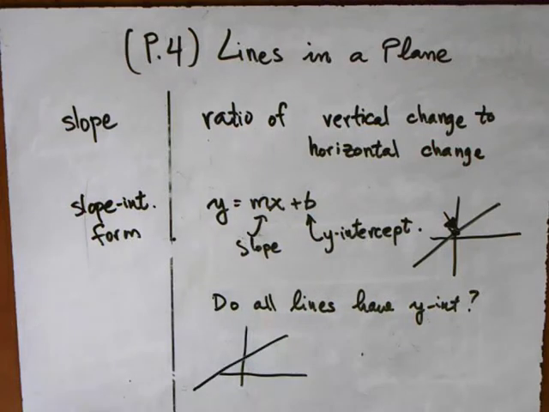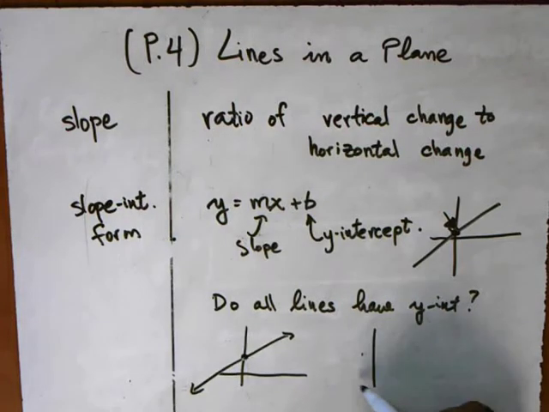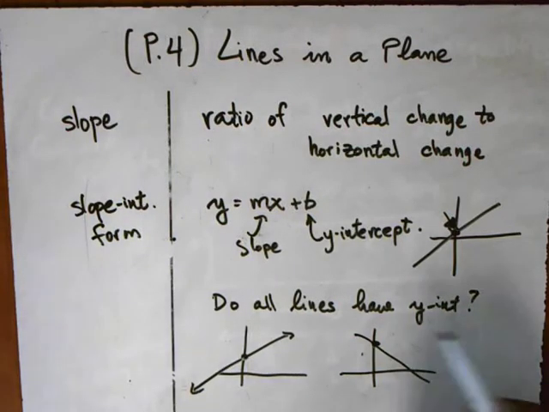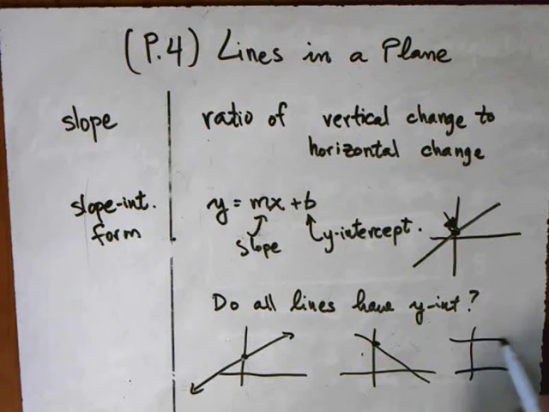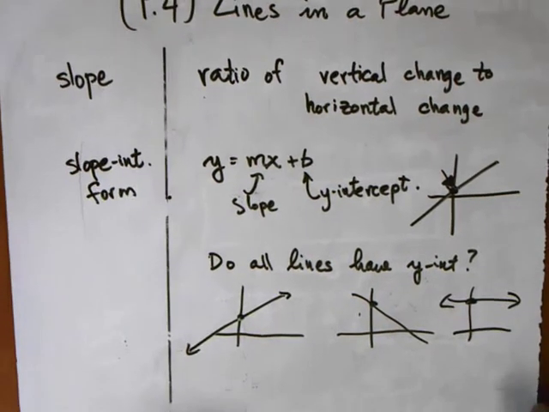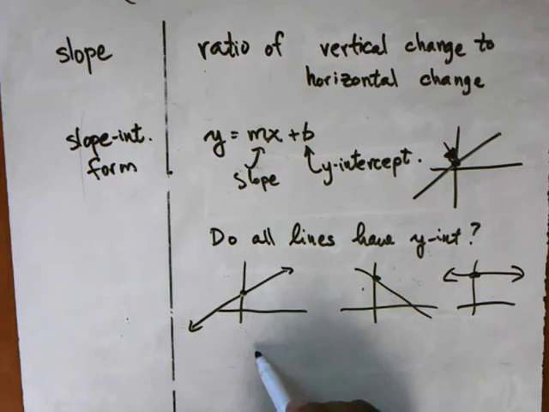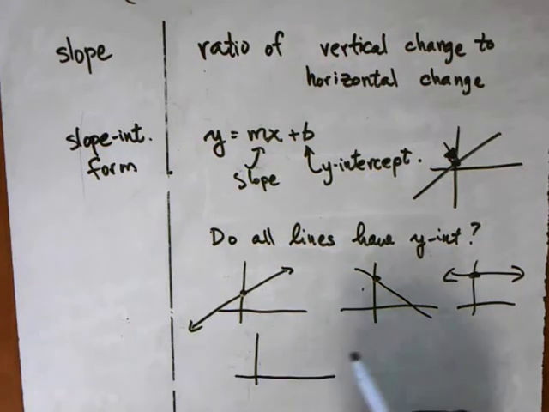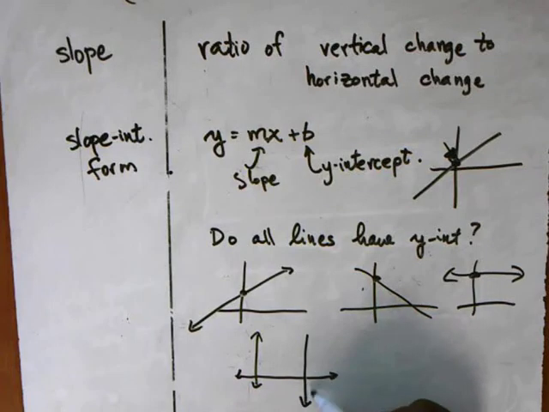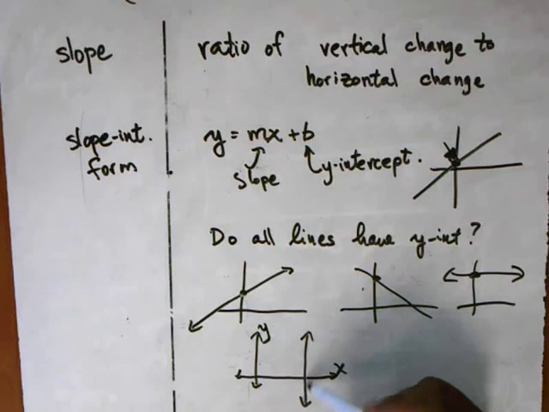If you have this graph here and you have a slanted line, basically any sort of line, this clearly has a y-intercept. So basically any sort of line that's a little slanted, you can see that it has a y-intercept. Even some horizontal lines also have a y-intercept. And just about any line that is non-vertical has a y-intercept. So if you have a line like this line right here, this vertical line, I'm going to label this the y-axis, this is the x-axis, and this is the graph. This line right here